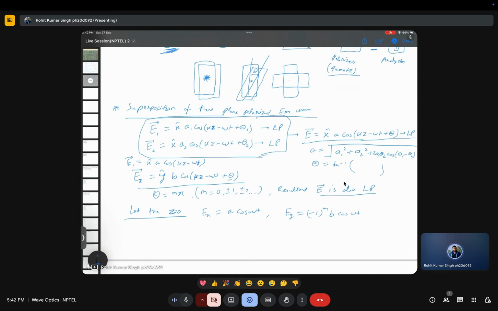Yeah, if it is even, you get cos. If it is odd, you get minus outside, right? So that's why minus 1 to the power m you can keep here. So if m is even, you get plus, m is odd, you get minus sign in front of it. Okay,